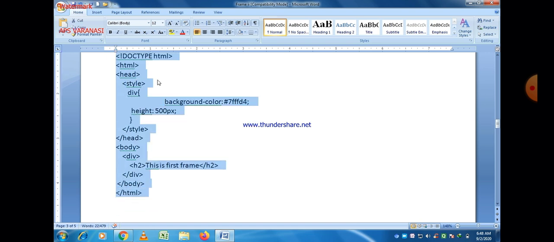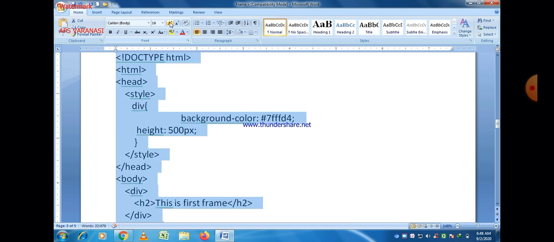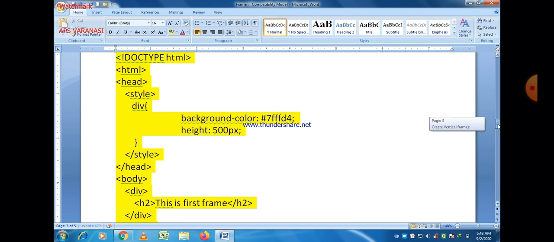So this is a program regarding frame 1, and you can easily see here that we use a style tag, and in the style tag we define the properties background color and height using div.